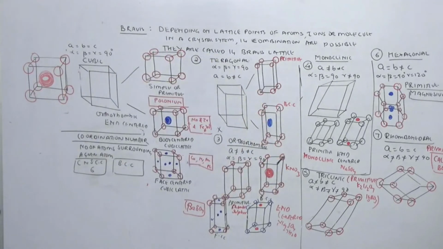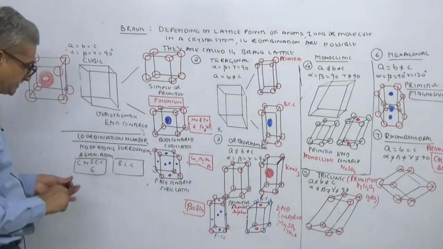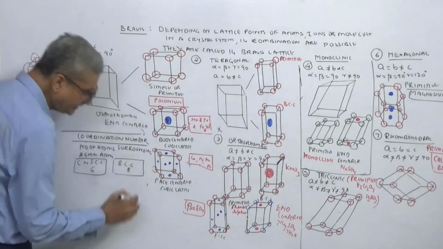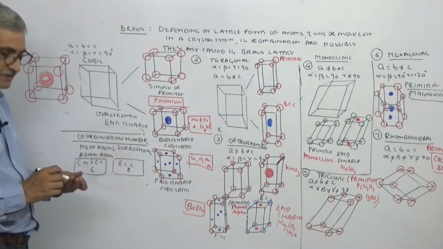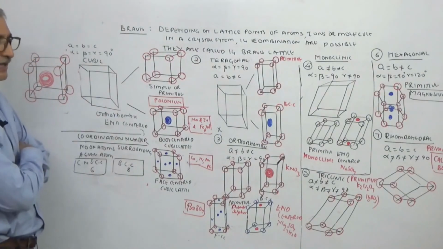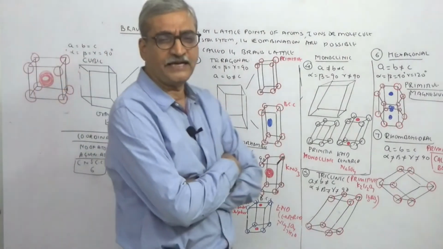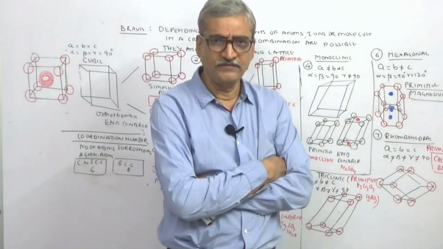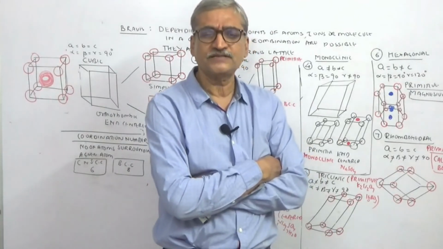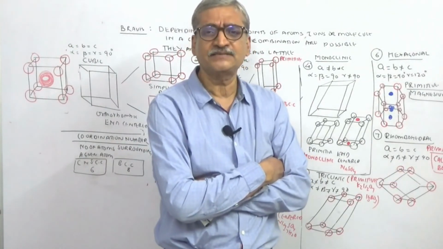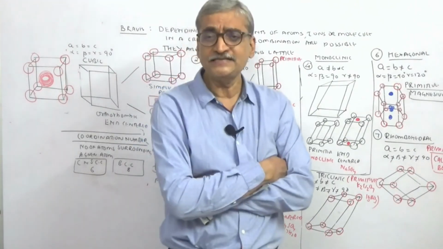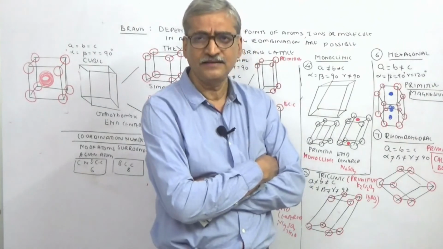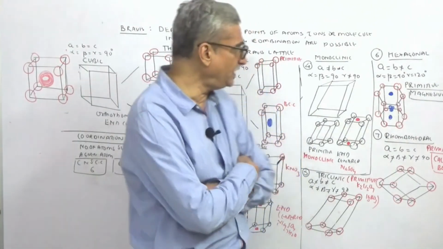ये बहुत easy है. So what happens? In case of body centered cubic lattice, the coordination number is 8. Number of atoms surrounding or touching a given atom, any atom, that's your choice, you can take, that is called as coordination number. We are only supposed to know for cube. So for simple cubic, each atom is surrounded by 6 other atoms. Coordination number is 6. For body centered, each atom is surrounded by 8 other atoms. So this will be 8.